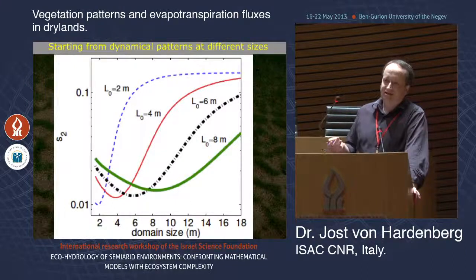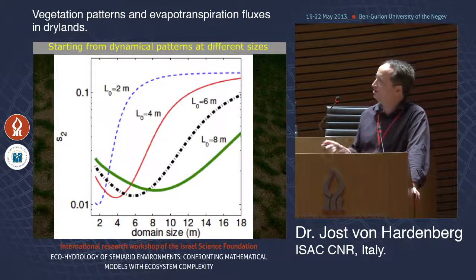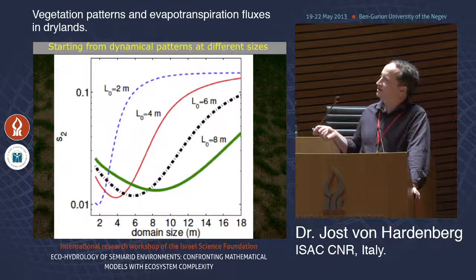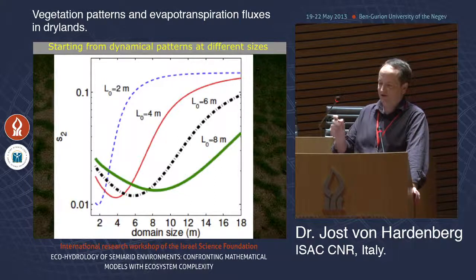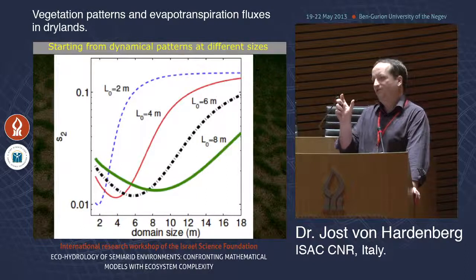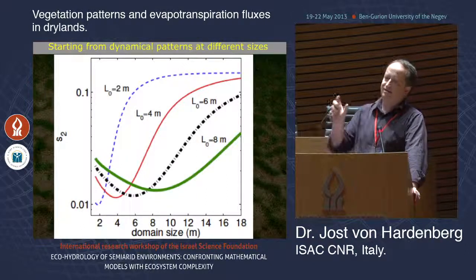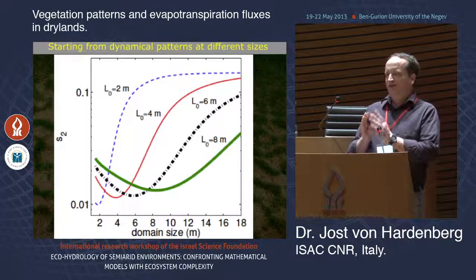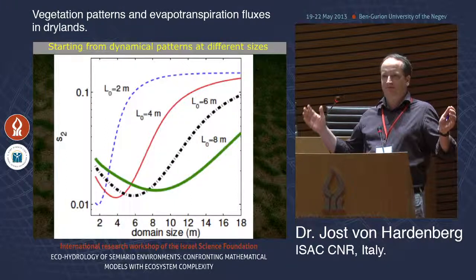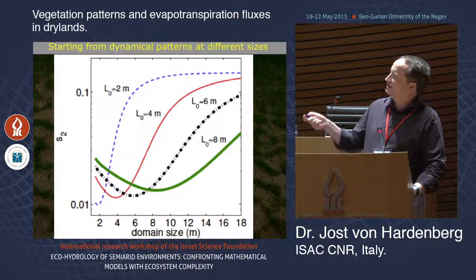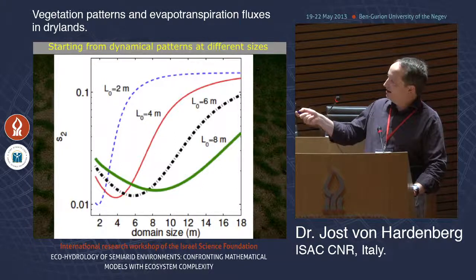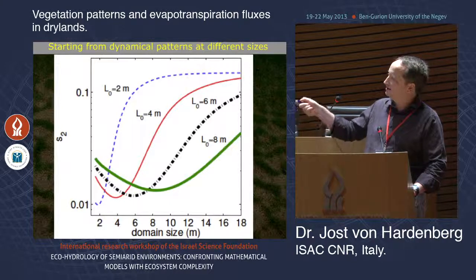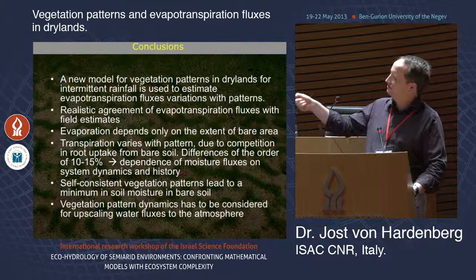If we repeat this exercise to make sure that this was not an accident of the particular scale we chose initially, we can repeat it for different scales, for different box sizes. So we choose different possible box sizes, let the pattern evolve naturally, and then repeat this exercise of keeping vegetation fixed, but rescaling the pattern. And if we do that, we get these different curves. So this 4-meter line is similar to the curve we had before. It's basically the same.